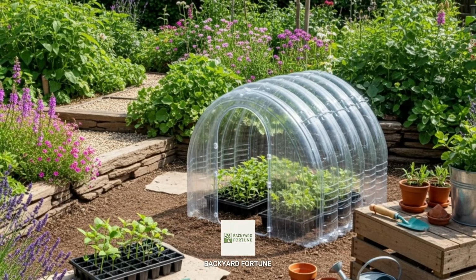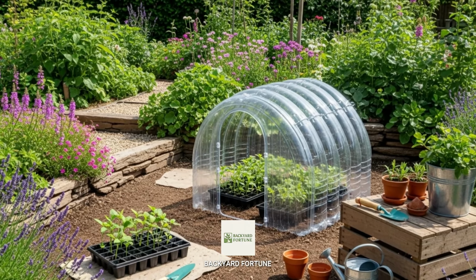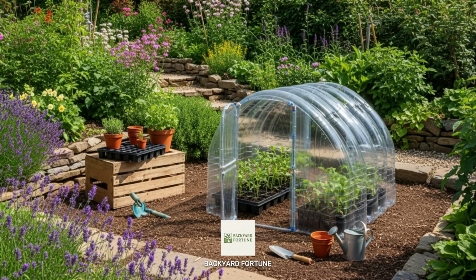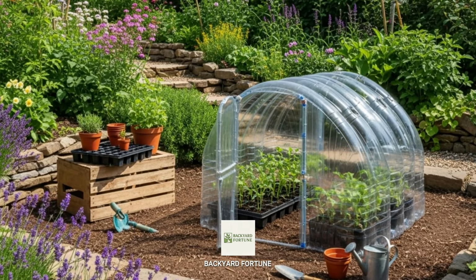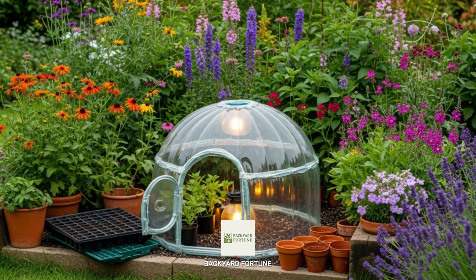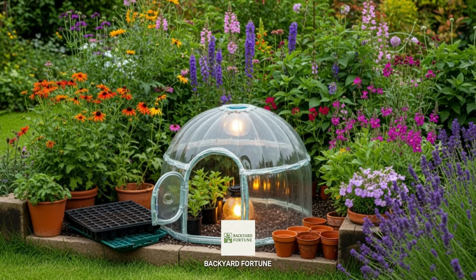In a gentle corner of the garden, where the morning light feels soft enough to hold in your hands, a small dome rises like a quiet promise. At first glance, it looks like a lantern made of air and sunlight, but step closer and you'll see it's just bottles. Clear, ordinary bottles that once held water or tea, now curved together into a tender cradle for new